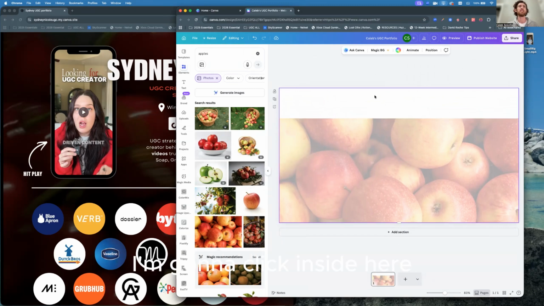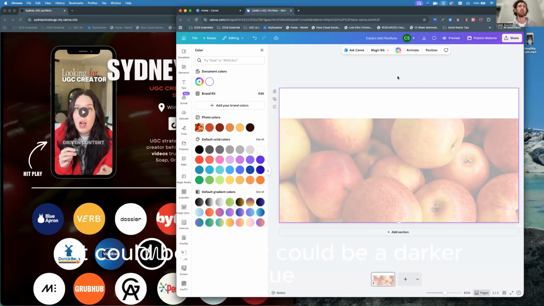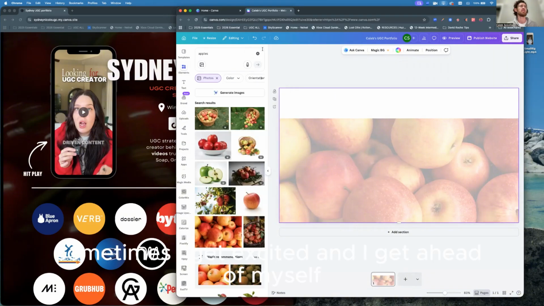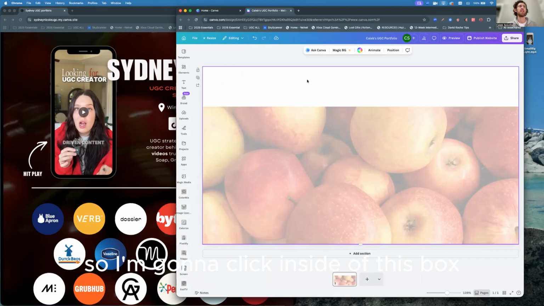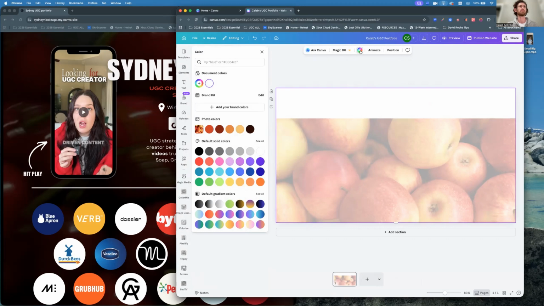I'm going to click inside here and I'm going to make the background a darker color. Now, it could be black. It could be a darker blue. So, sorry. Sometimes I get excited and I get ahead of myself. So I'm going to click inside of this box, but I've moved my image down. You can see up at the top, it's going to give me some background color. So if I hover over the top of this little color wheel, I'm going to click on that. And then I'm going to be able to come over here